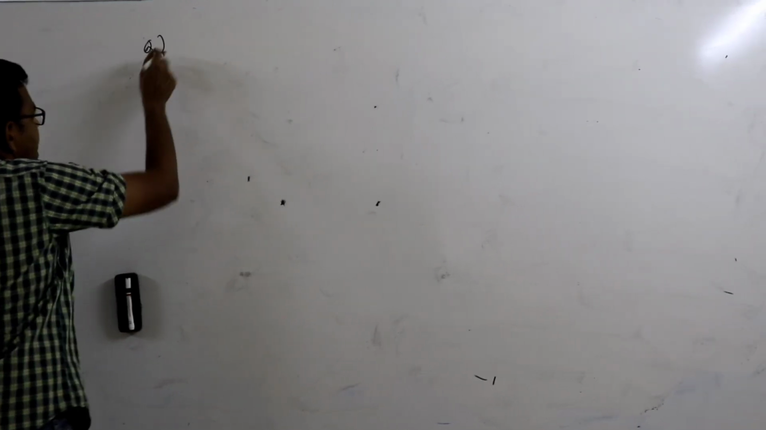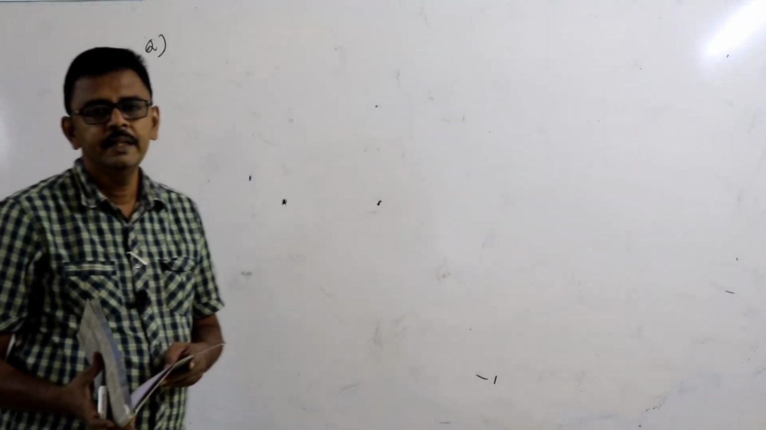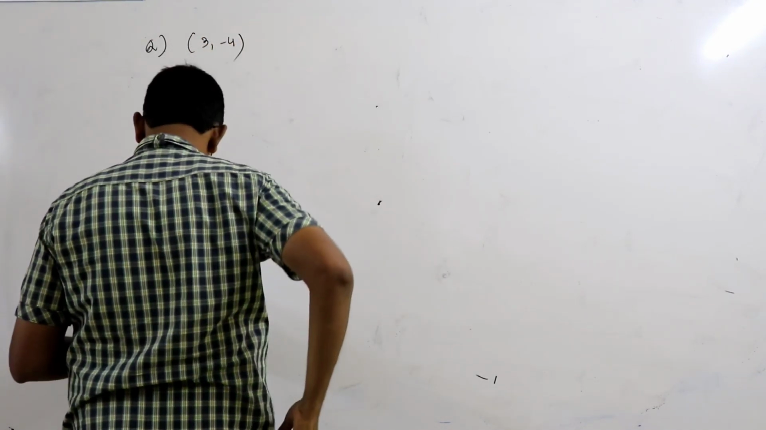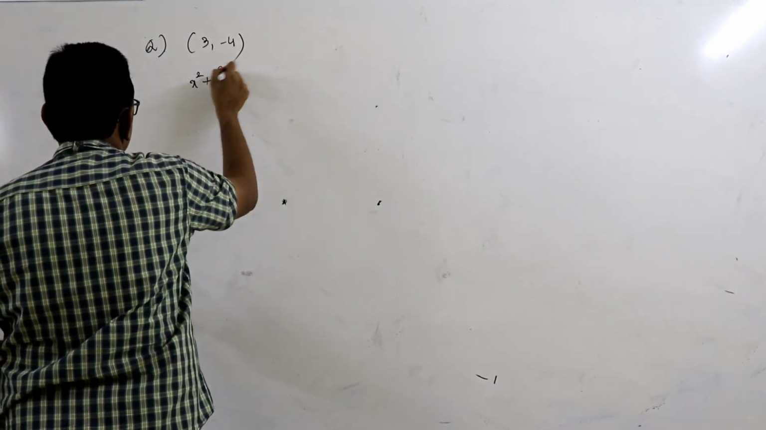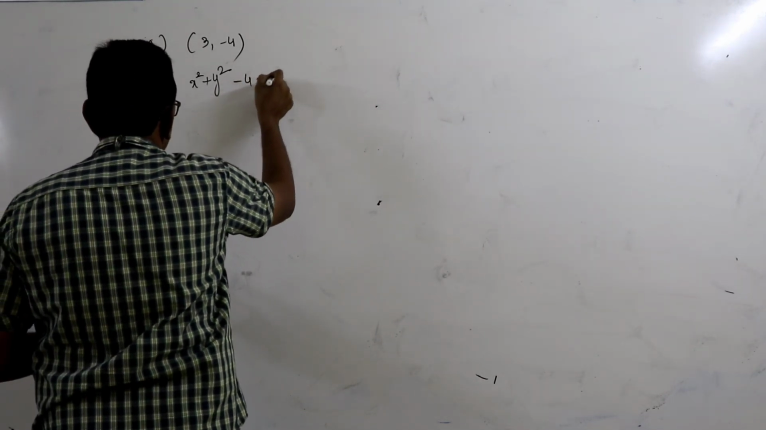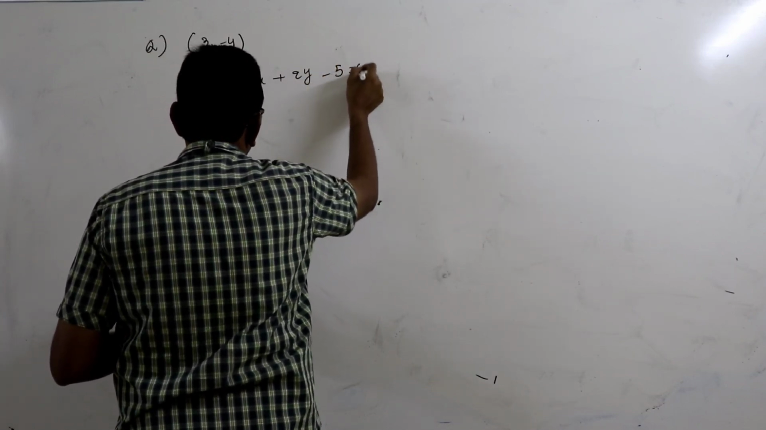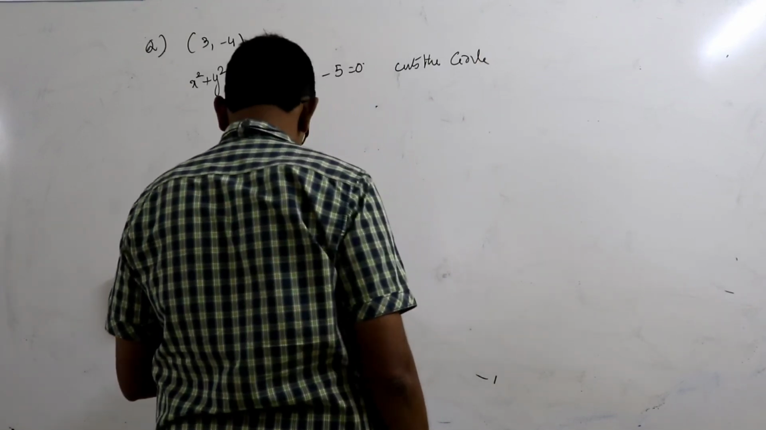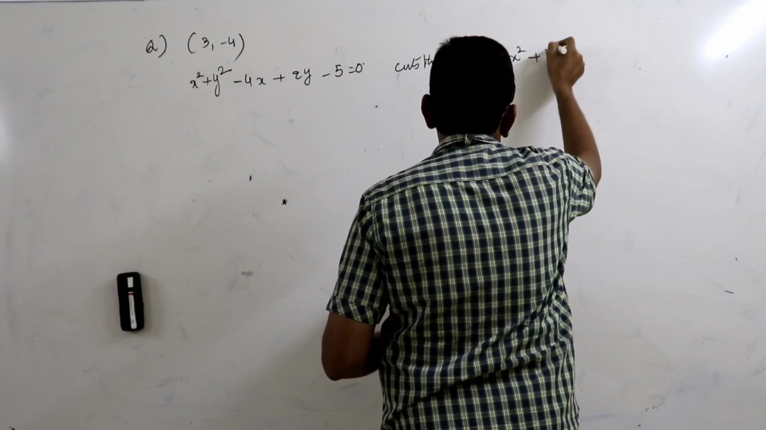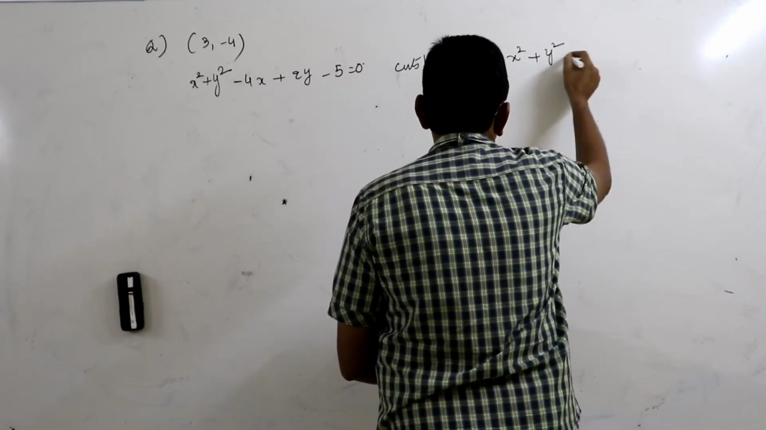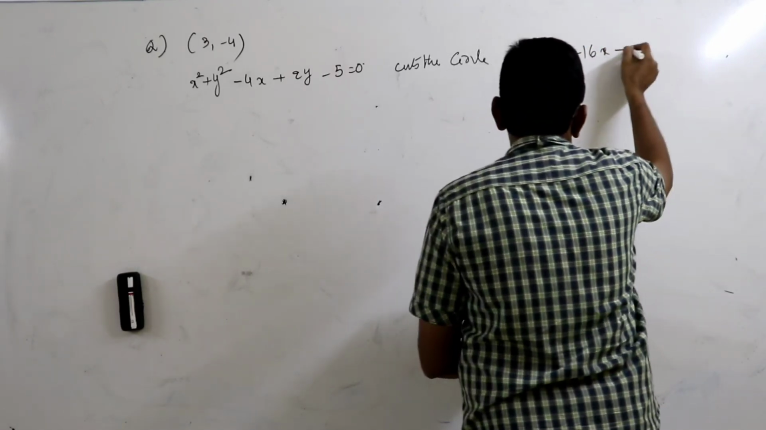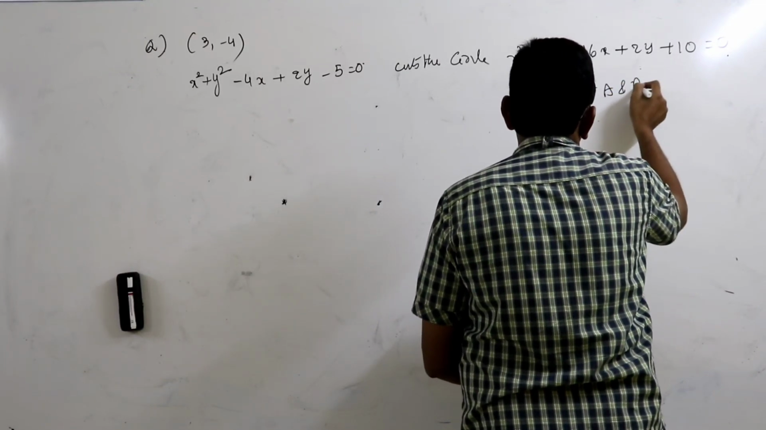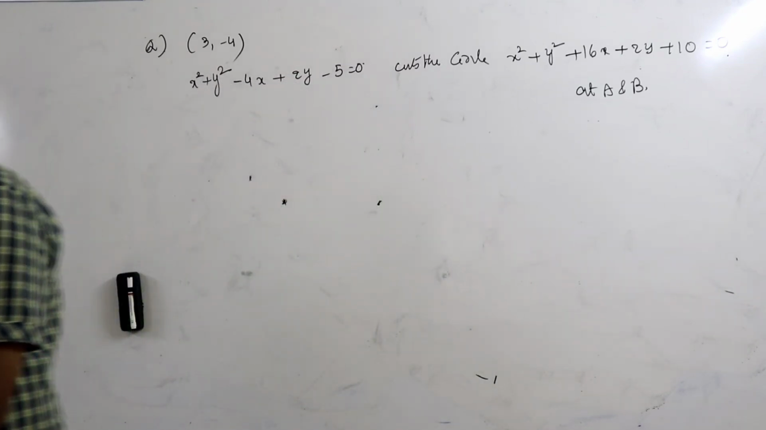Next question. If the tangent at 3 comma minus 4 to the circle x square plus y square minus 4x plus 2y minus 5 equal to 0 cuts the circle x square plus y square plus 16x plus 2y plus 10 equal to 0 at A and B, then the midpoint of AB is